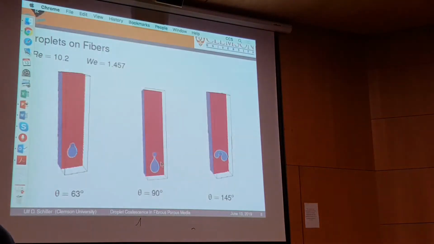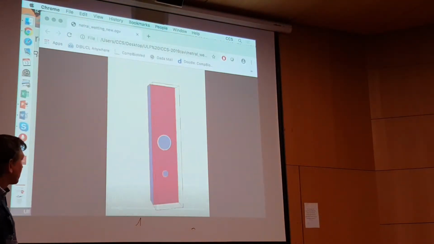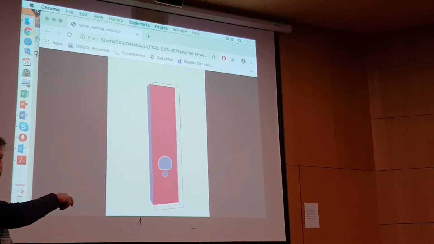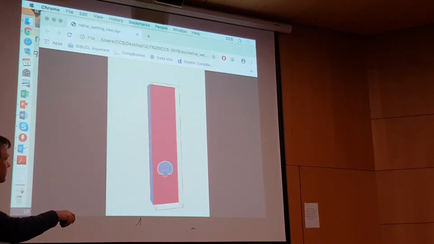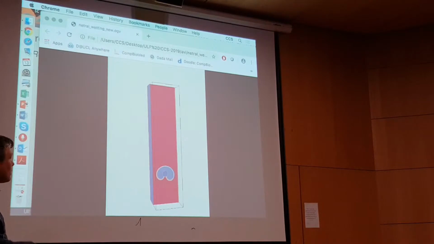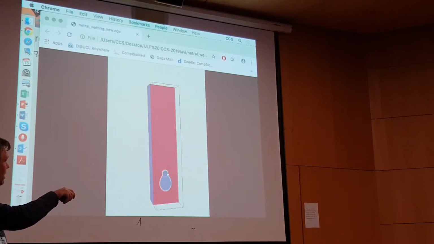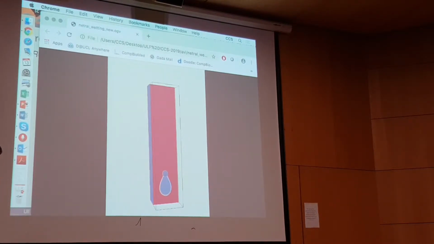Whereas if you take really the 90-degree contact angle, you can see it takes, well, this is sort of a visualization effect. It's not really getting slower, but you can now see that the contact line is actually moving around and then rejoining in a while. And this contact line will now also start moving around, and you get a typical pinch-off event in the end. It takes a while. There we go. So now it's pinching off a little bit, remains on the fiber, but the rest of the